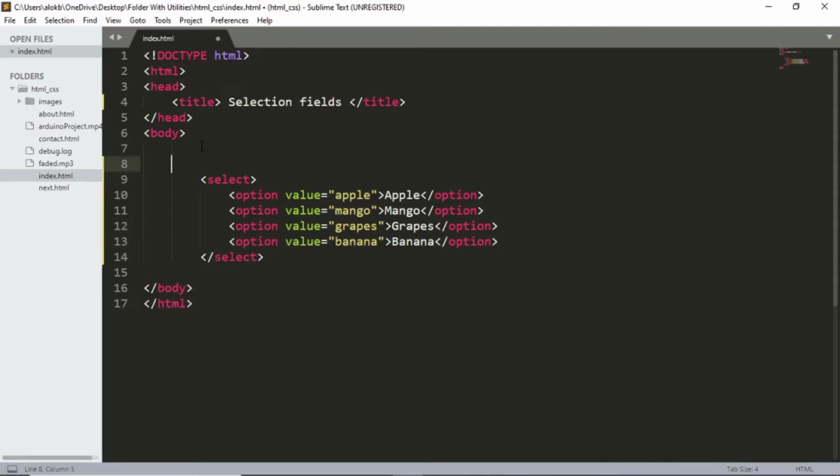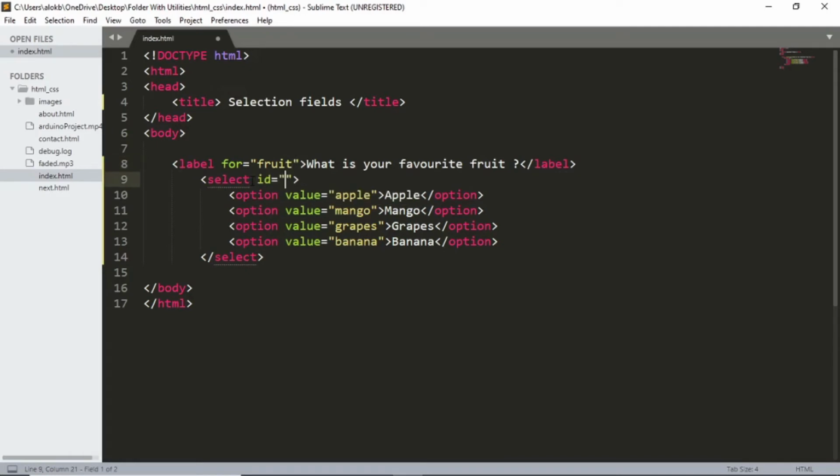Now let's add the label to this drop down list. Label, what is your favorite fruit? Give the label a for attribute, fruit. Now let's associate the label with the drop down list.